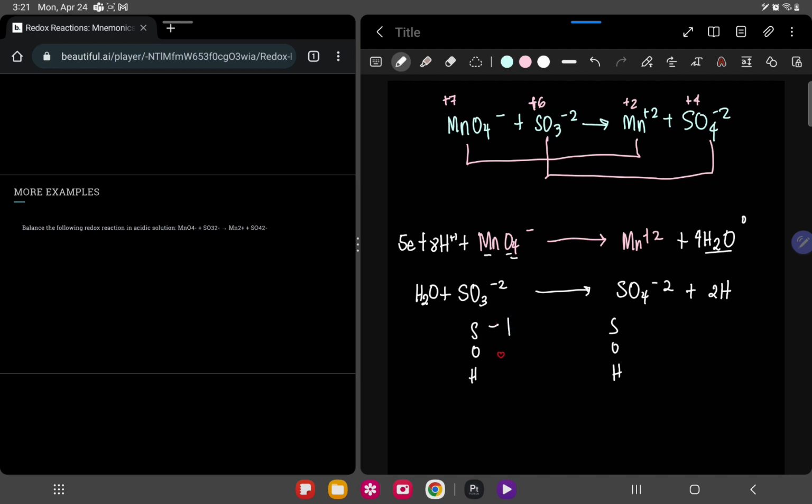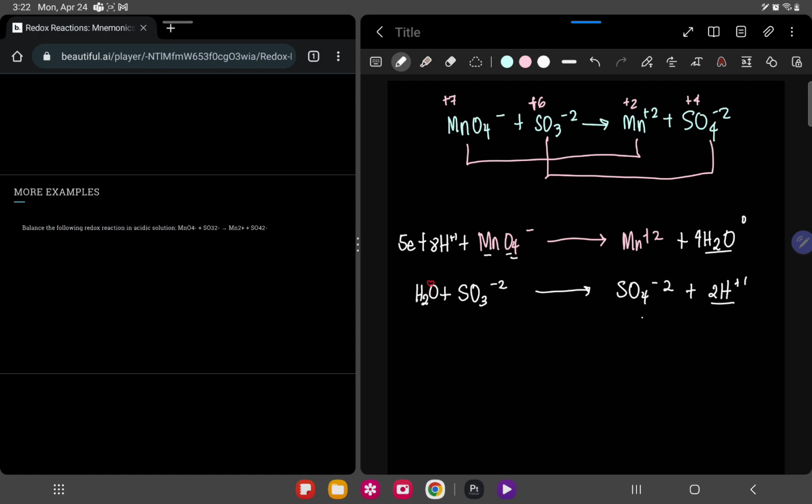Sulfur here is 1, oxygen here is 3 plus 1, 4, hydrogen here is 2. Your sulfur here is 1, your oxygen here is 4, and your hydrogen here is 2. So I think that balances out our equation. Now that we already have balanced number of atoms on both sides,